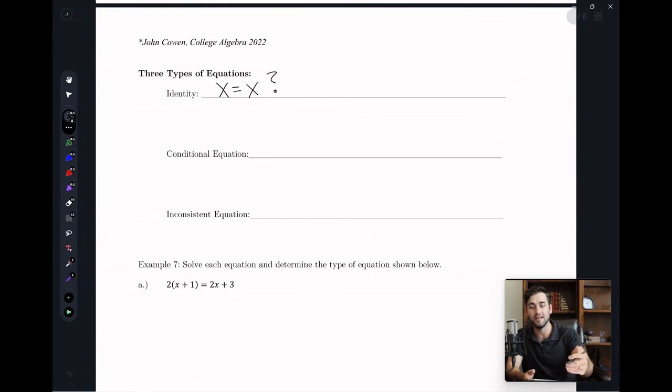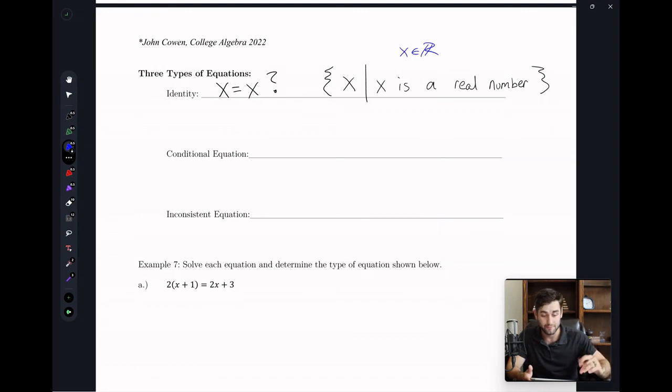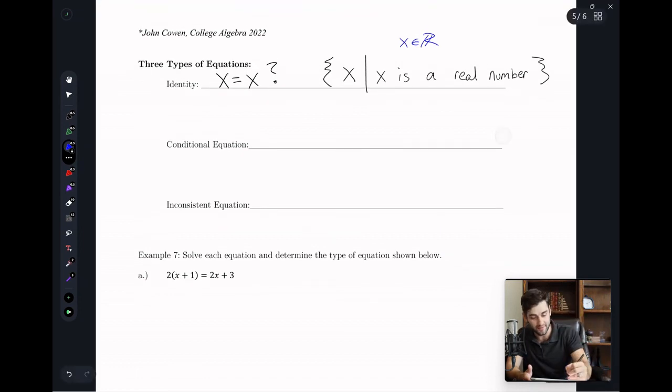So if we're looking at that identity, it's got a cool answer where you draw this little squiggly bracket line, which we're going to practice a lot in the next few videos. And we're going to write x, draw this straight up and down line, and we're going to write x is a real number. Or sometimes you don't have to. We can talk about what this all means. Sometimes people will write those weird symbols that just say x is an element in the reals, or the real numbers, a set of the real numbers, which is pretty cool. But they'll still write the brackets and the x and the line. They'll just put that on the right side of it.